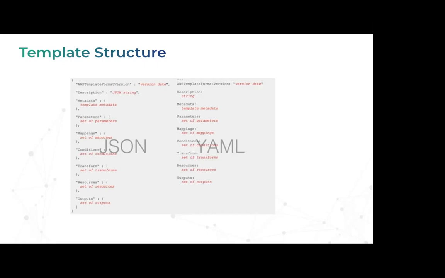So this is the structure of the CloudFormation. The thought process and the meaning of the syntax remain the same. The representation changes in the way you write it. In JSON, it is more curly brackets and all of that stuff. In YAML, it's simpler, like a simple language.